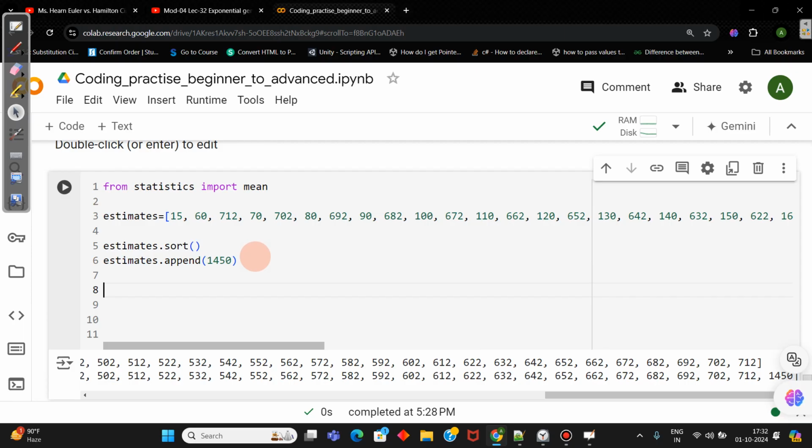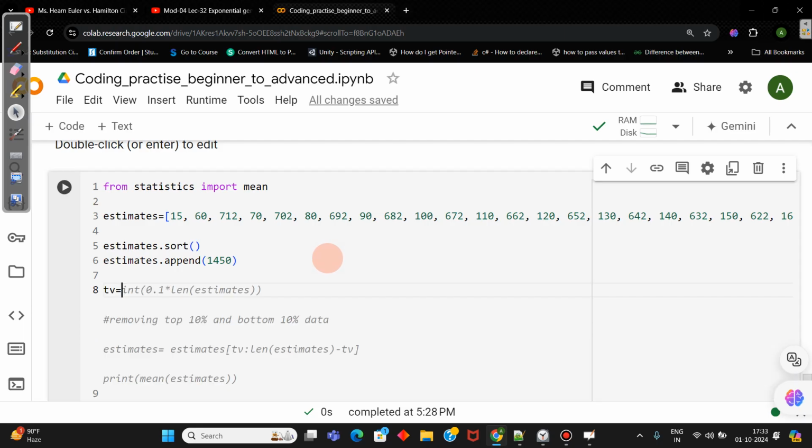Okay. So I hope you have understood what 10% trimmed mean means. Now for the length of array, we have the total guesses. Out of total guesses, what is the value of 10%? That is called TV, trimmed value, meaning how many of this length of the list we have to remove from the lowest values and the highest values. Okay. So we will calculate 10%, that is 0.1 into